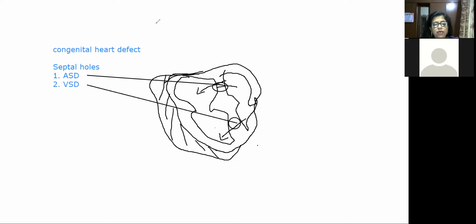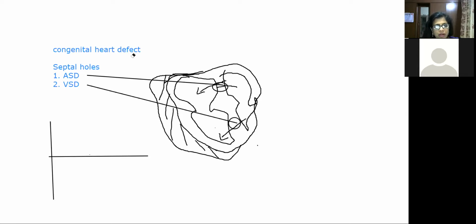Let me draw one ECG diagram, then you will understand what ECG is. ECG is one graph. I'll show you what happens in ECG. This is one graph. Another graph I'll show you here. In ECG, you will get such peaks normally. Normal peaks are like this. Okay, some of them, I'm sorry.